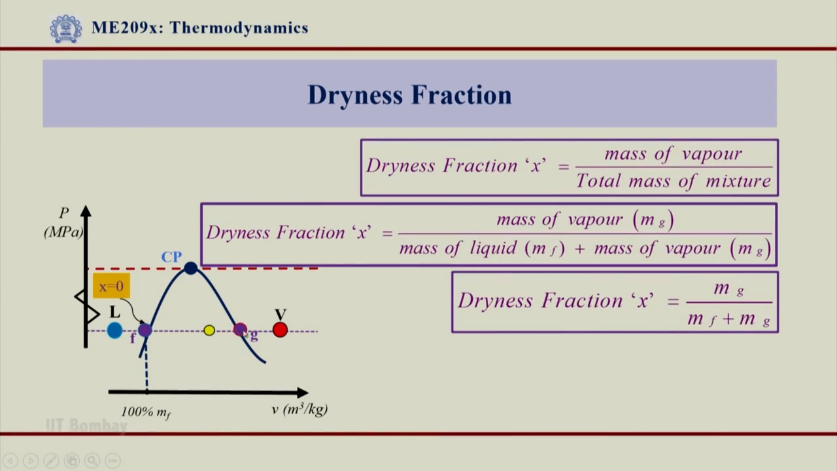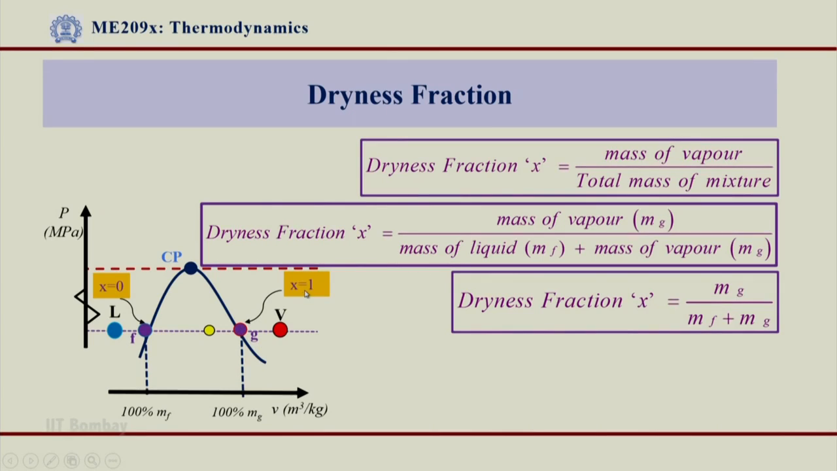The other extreme case is point G, where the entire mass is going to be gas, 100% gas on the saturated vapor line, and therefore mf will be equal to 0 in that case. In that case the value of X will be 100% mg, so mg upon mg, because mf is equal to 0. My X factor is going to be equal to 1 or 100%. So these are the two extreme cases. Any point on the saturated liquid, X is equal to 0,